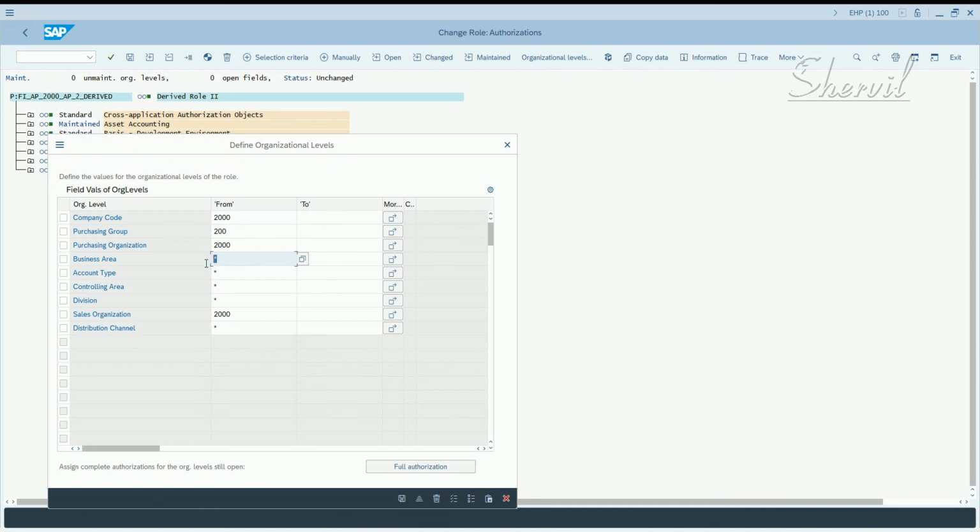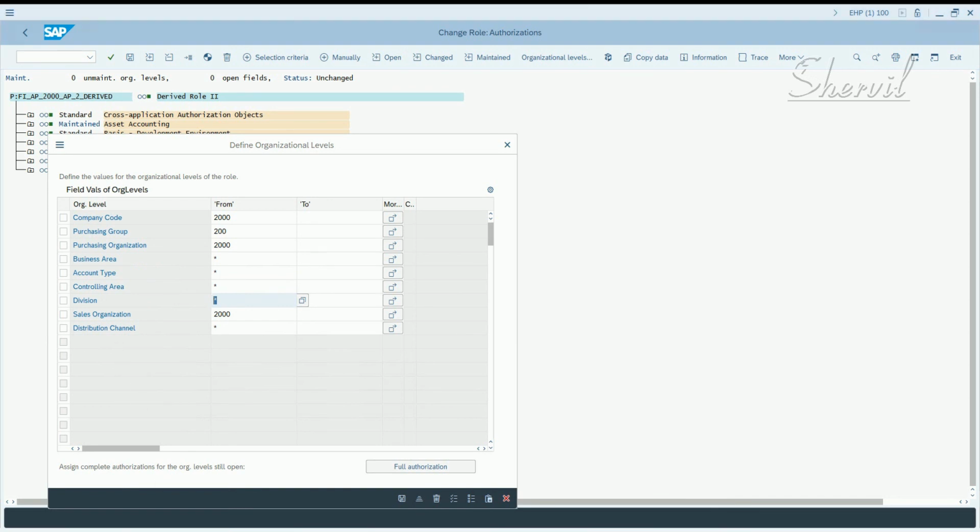For the org levels that are not part of the configuration, the system automatically puts asterisks. And if an org level is there in the mapping, but it's not part of the master role, the system ignores that org level that is part of the mapping.